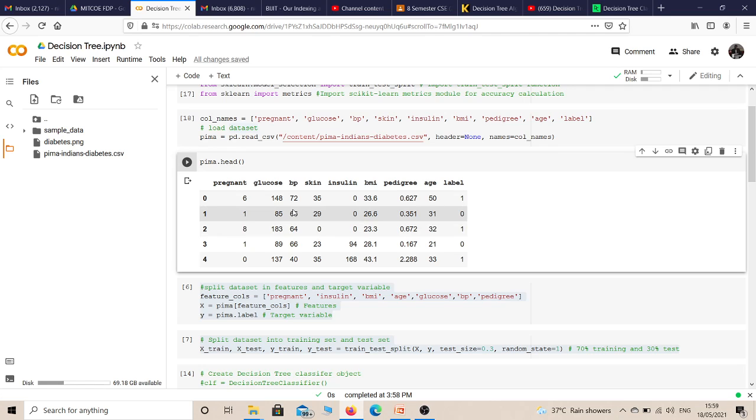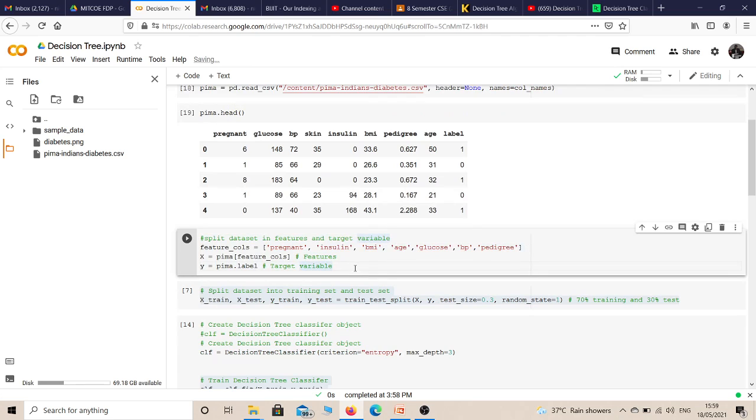So a total of 739 rows are there in that PMR diabetes dataset. I have just shown you, so these are the 5 rows. The next thing I need to select is what will be my dependent variable and what will be my independent variable, because this is called feature selection. In case of machine learning, we have seen that manually you need to select the feature. Suppose you are using deep learning, then you don't have to select the feature. Your algorithm automatically selects this. Again, this is a case where I am telling you the difference between deep learning and machine learning. In machine learning, feature selection is manual, whereas in deep learning, feature selection is automated.